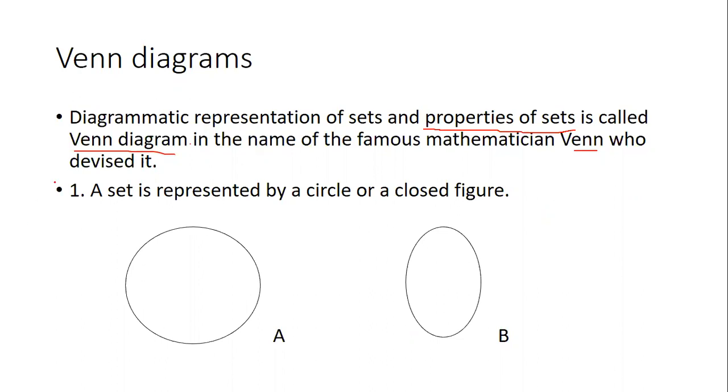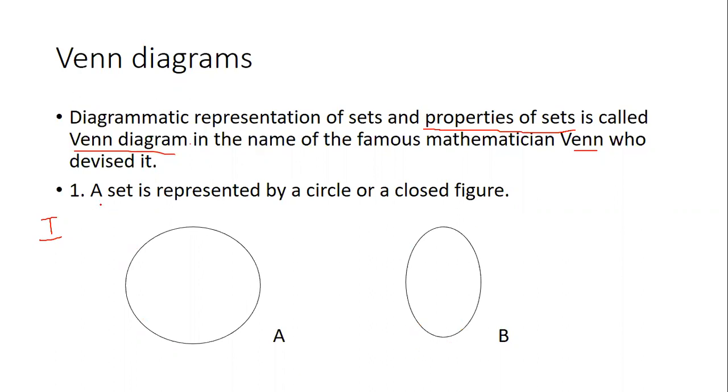The first thing under Venn diagrams is a set. How do we represent a set? In Venn diagrams, we deal with the diagram part first. The first step in the problem is to analyze the whole statement using the Venn diagram. In a Venn diagram, we use a circle, a proper circle, or an oval. Usually you can use both, that's not a problem. In a few problems, when we draw a circle, we also use an oval.